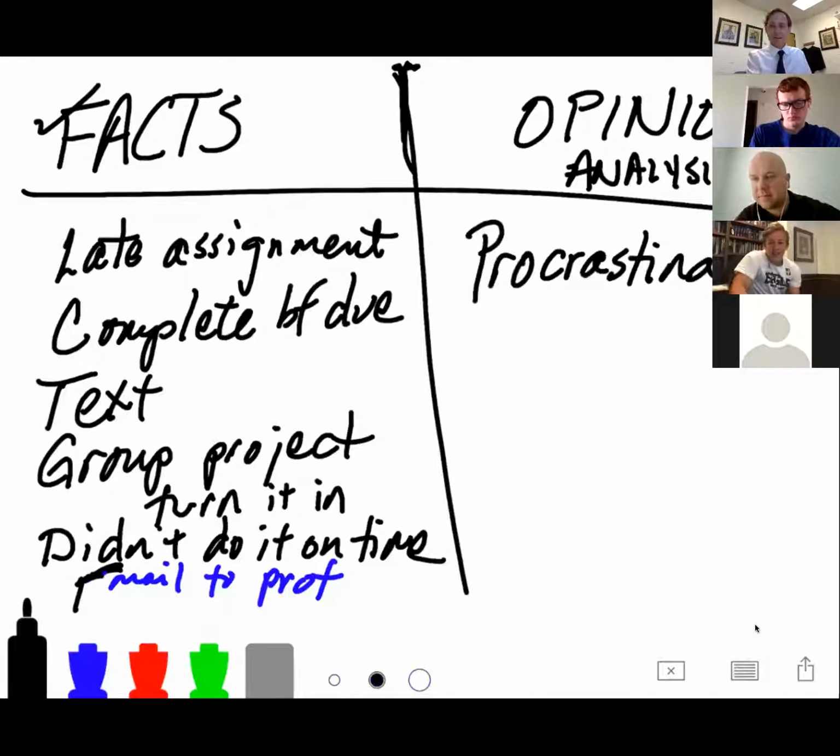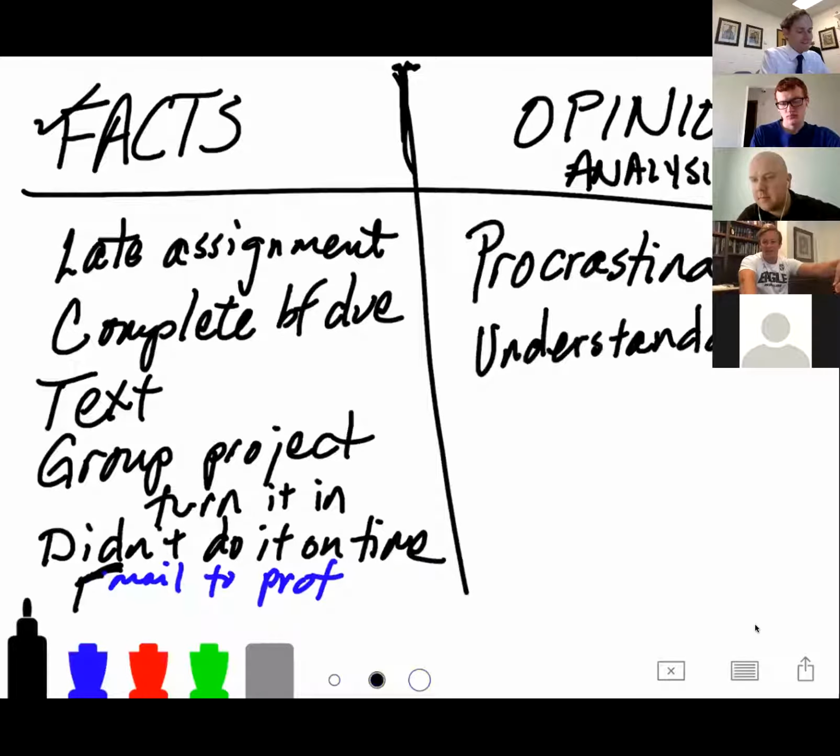I think one of the words I would use, honestly, is just understandable. It's easy to say, why would she do that? Why would she procrastinate? But how often do we procrastinate? How often are we in the same dumb little type of boat, if that makes sense? Like, not just judge her, but just, it's understandable. Yeah, and I think her reaction and her subsequent actions are understandable too. So yeah, great, Brennan. That's an awesome point. Anybody else want to build on that or talk about something there?